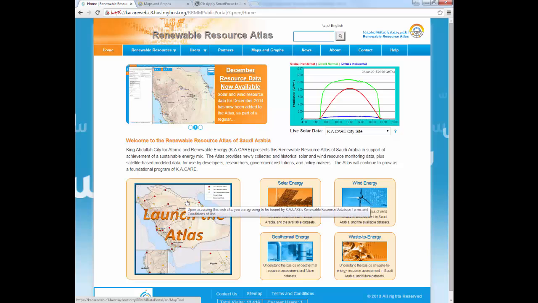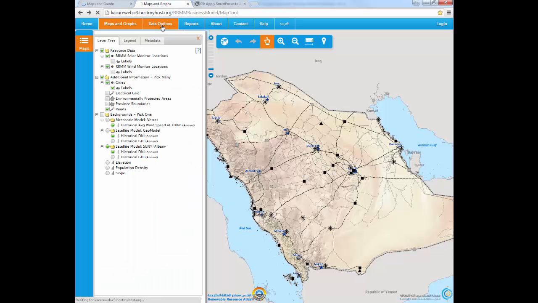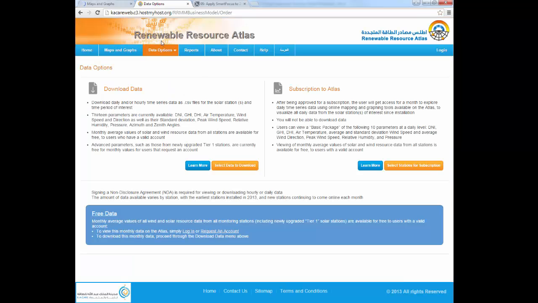We have added some new data access options to the Atlas for purchase for solar resource data to help you access the exact data you are looking for more efficiently. As explained on the main data options page, the paid options are for daily and hourly average solar data, and prices can be obtained by selecting the data of interest and submitting a quote request. Prices are moderate, and the funds collected will be reinvested to supplement station operations in order to maintain the high